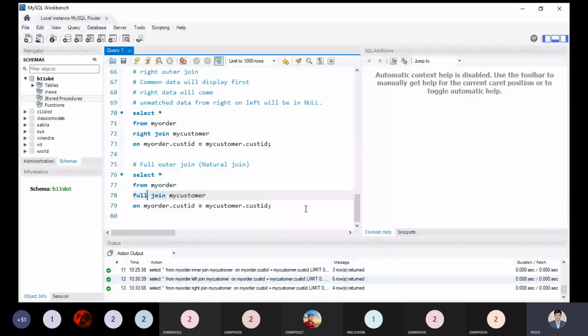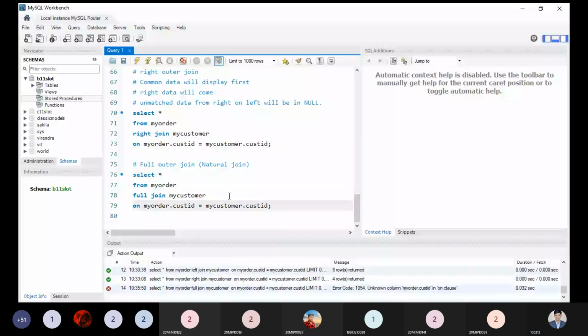So if we are applying the full join, then it will display only the common elements. Okay, let me explain. Unknown column my customer ID. There is a mistake.